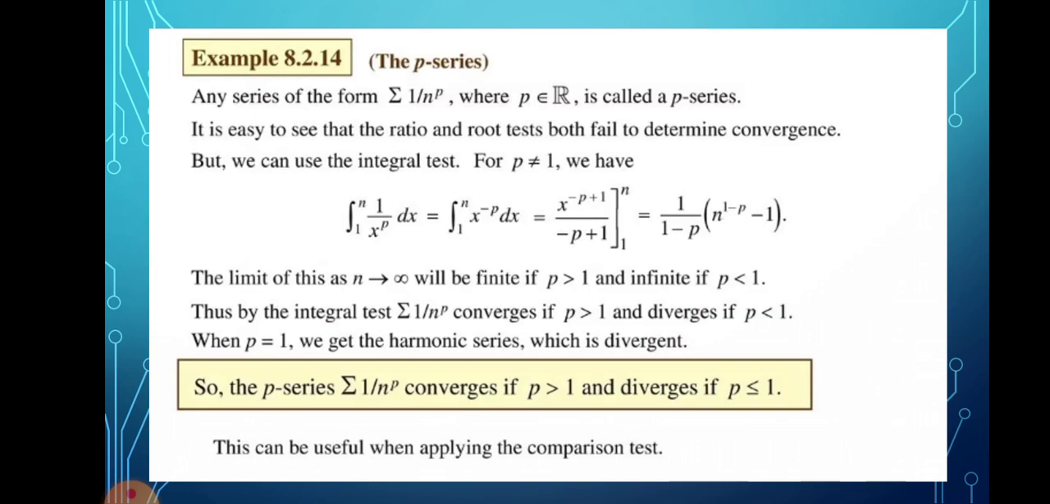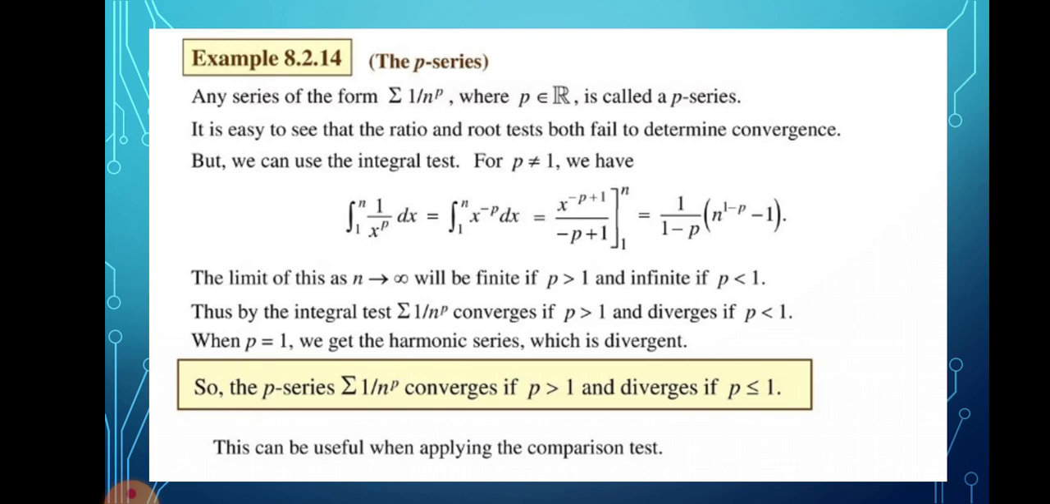We have this example considering the p-series. Any series of the form summation of 1 over n to the power of p, where p is an element of the real numbers, is called a p-series. It is easy to see that the ratio and the root tests both fail to determine convergence, but we can use the integral test. For p not equal to 1, we have the integral of 1 over x to the power of p dx